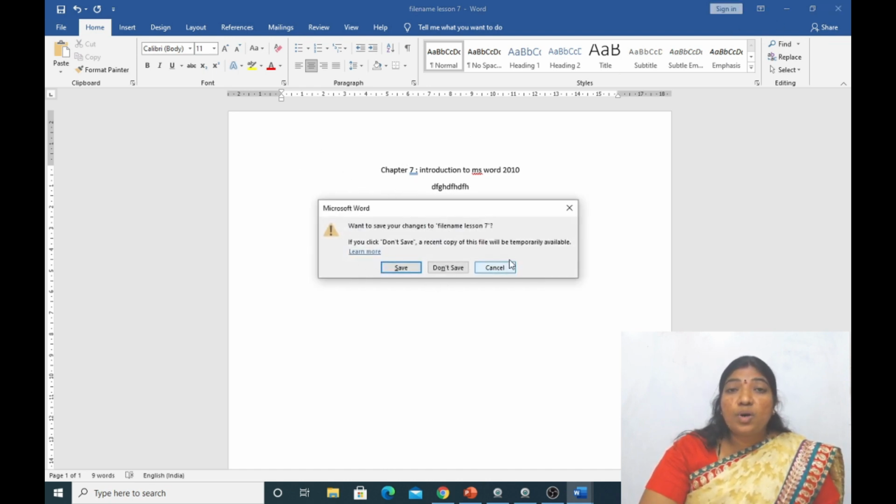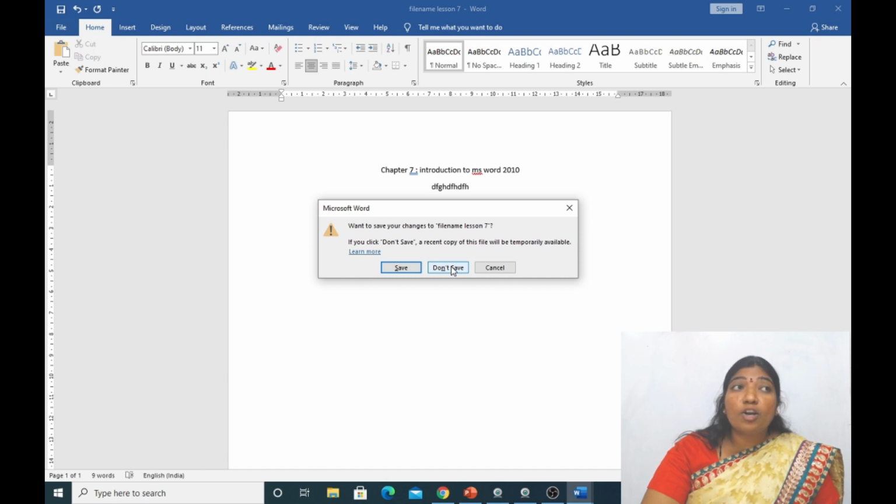I have made changes to the file named lesson 7. So it is asking me, want to save your changes to file name lesson 7? There are 3 buttons: save, don't save and cancel. If I want to save, I have to click on the save button present on the dialog box.